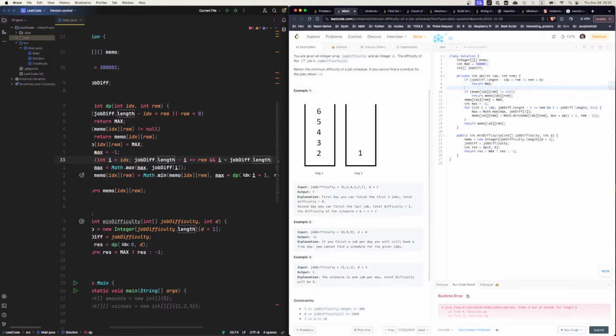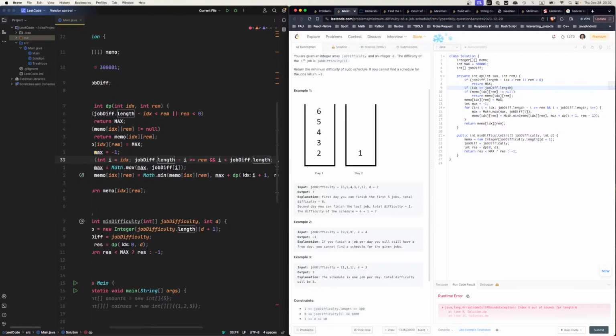So this is fine, and then it should be if index is equal to job div.length, or index is equal to job div.length. And